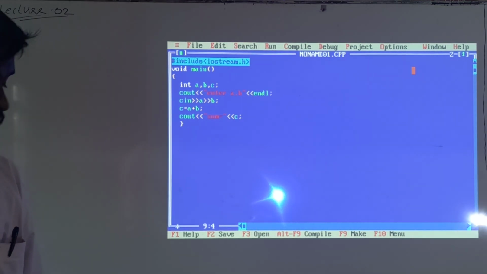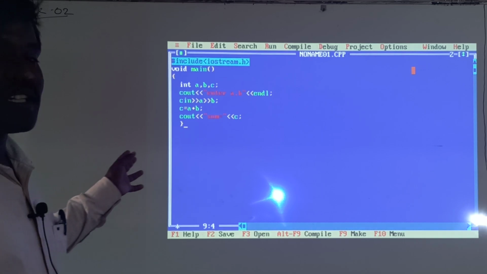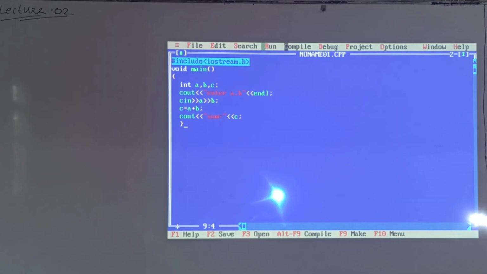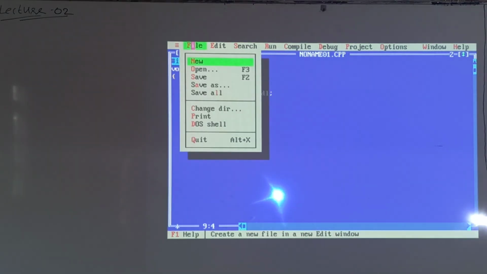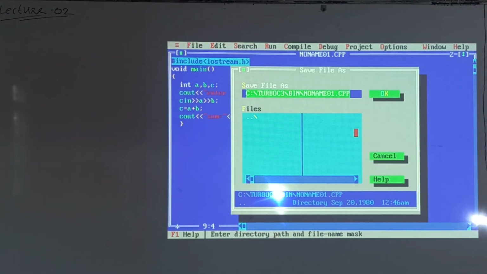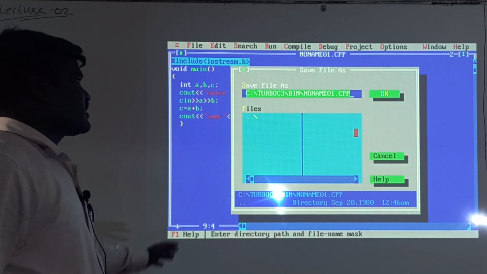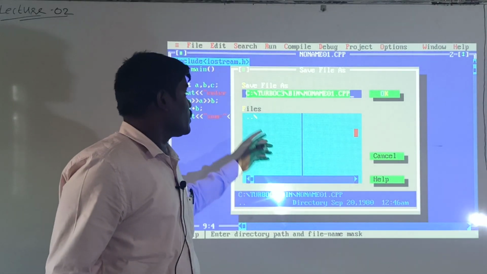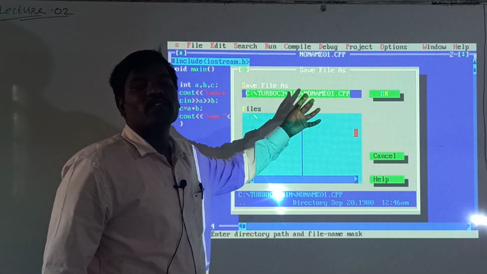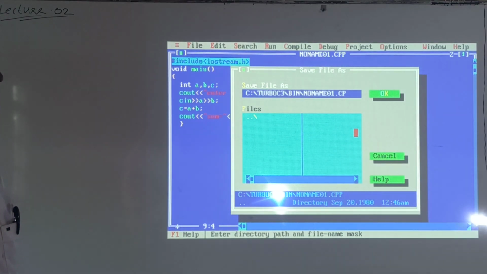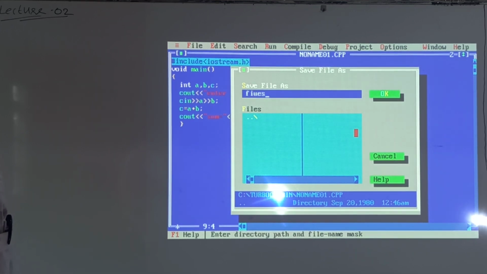Next you can close. After writing the program, you have to save. Again go to File, click on Save. After clicking on Save, a window should open. Already some text will be there, just remove that text completely and write the program name. For example, I can write first.